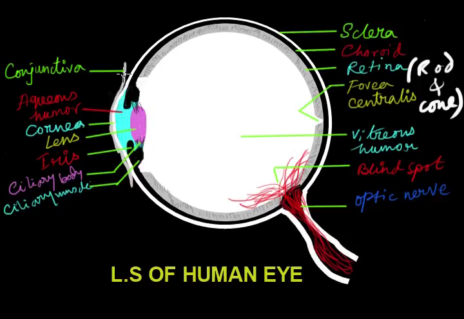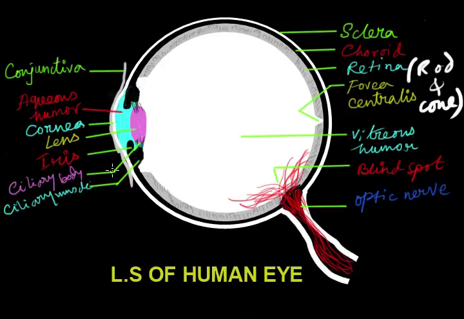At the outer part of the cornea, in front of the eye, there is a very thin layer known as the conjunctiva. This is a protective layer of our eyes, and it prevents our eyes from various kinds of injuries or infections. The choroid in front of the eye becomes somewhat discontinuous and hollow to form